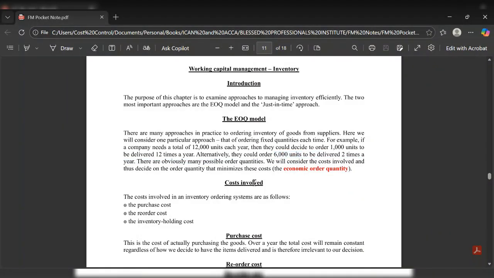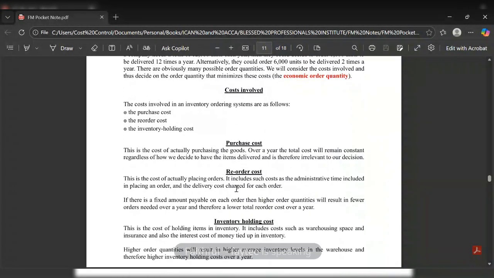Please, you can read up the pack to get more insights on what EOQ is all about. Now, in EOQ, of course, every organization will always incur certain costs. And some of those costs will be incurred whenever inventory